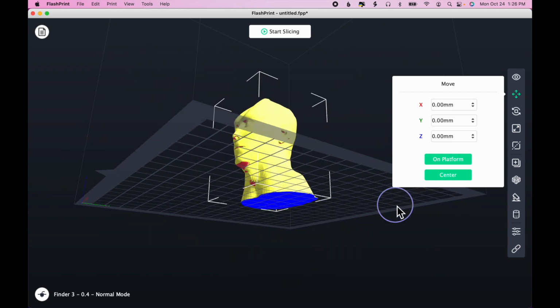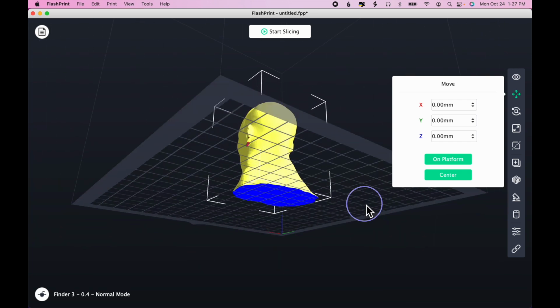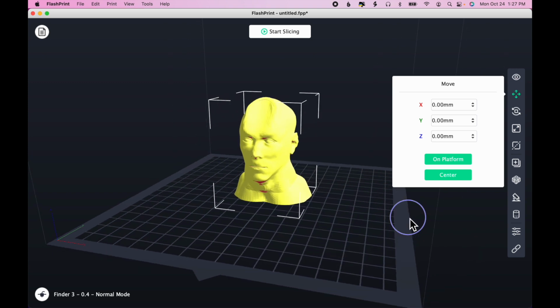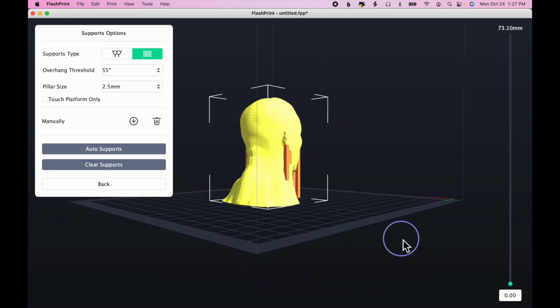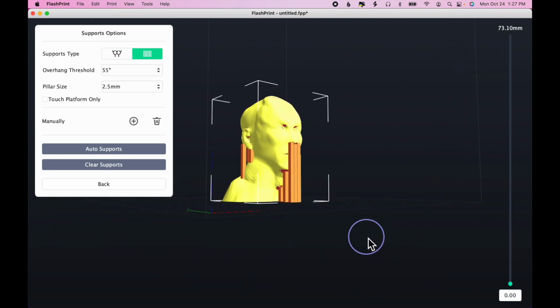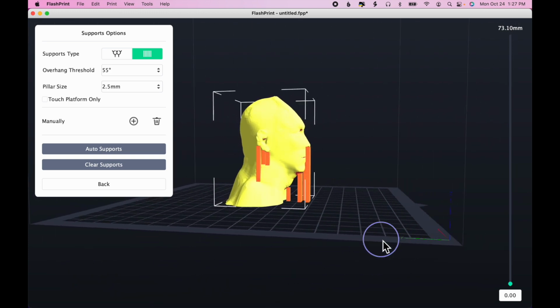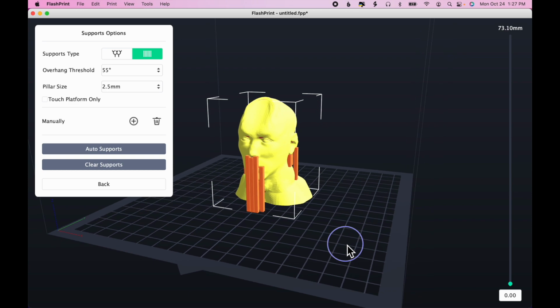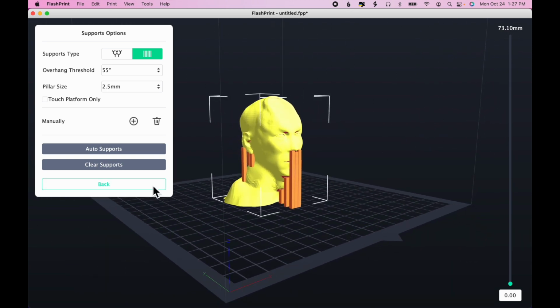We see there's also some red there, which indicates that I probably should use some supports. And that would be a good idea. We know how to do that. We'll click supports, auto supports. Now, while we're still in supports, we can rotate around the model and see if there are any extra ones that we want to add, or if there are too many supports and we want to take some away. But those generally look okay, so I'm going to go ahead and click back,